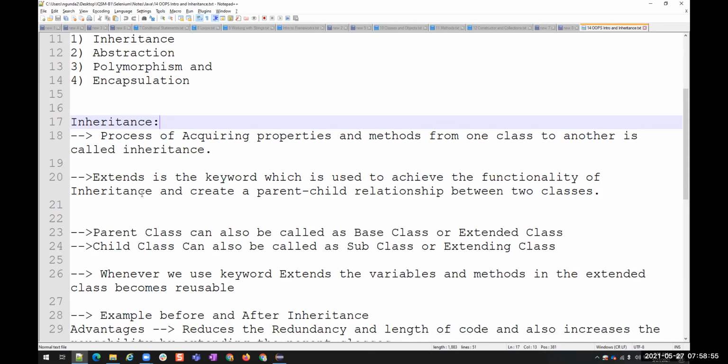Right. So the same way, when we create an object for our child class, that child is a subclass of a parent class. So this child class has access to all the values or all the properties of the parent. So automatically, when you create an object for the child class, it will be able to fetch all the methods of the parent class as well. Understood?